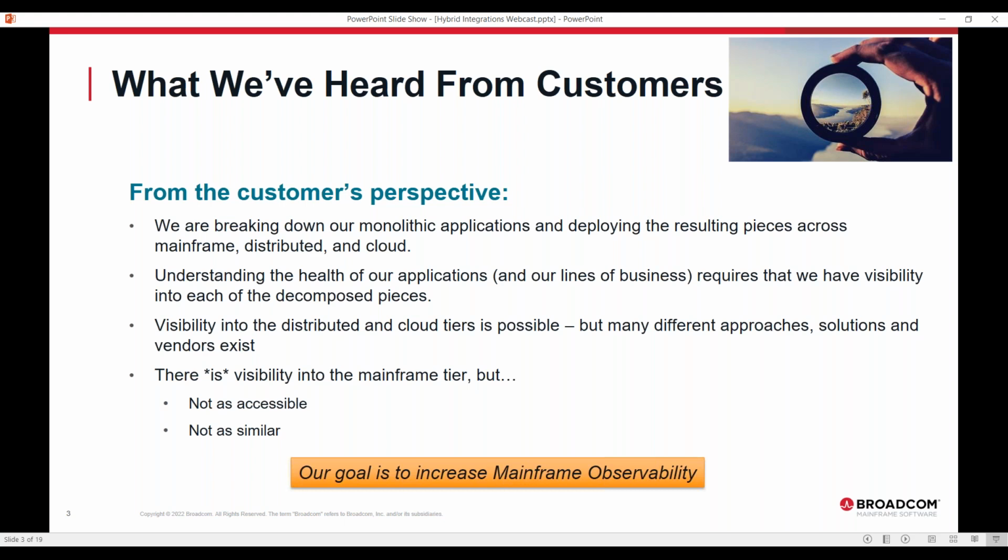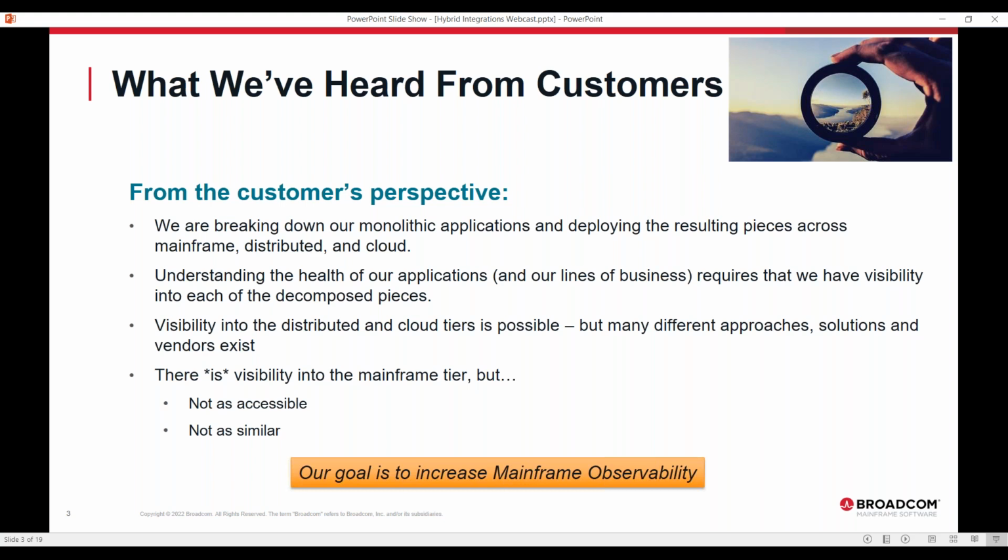As you break down these applications and deploy them in different places, there are a lot of advantages to doing that, but there are also some disadvantages. Just like everything, it's a trade-off, right? One of those trade-offs happens to be that observability is more difficult when you have your application spattered across multiple services.